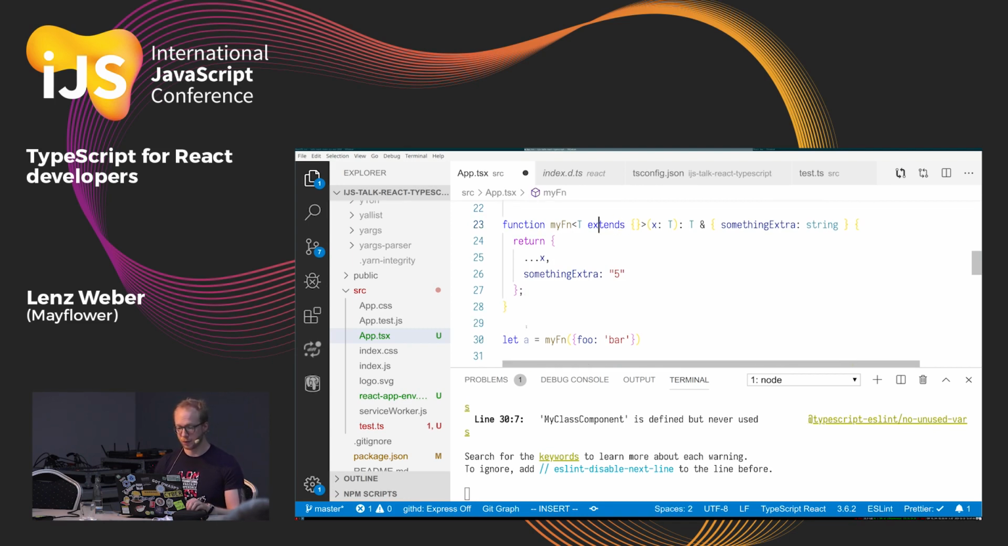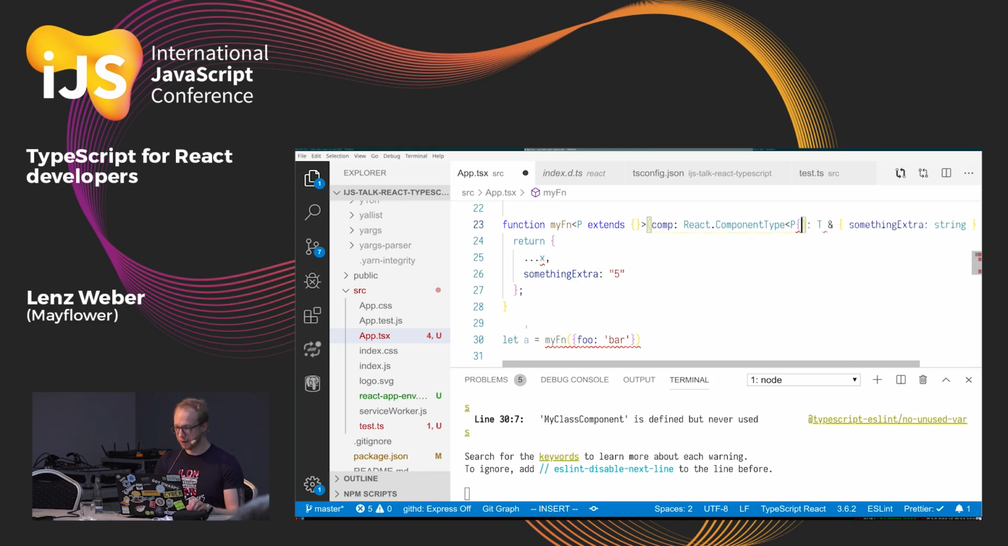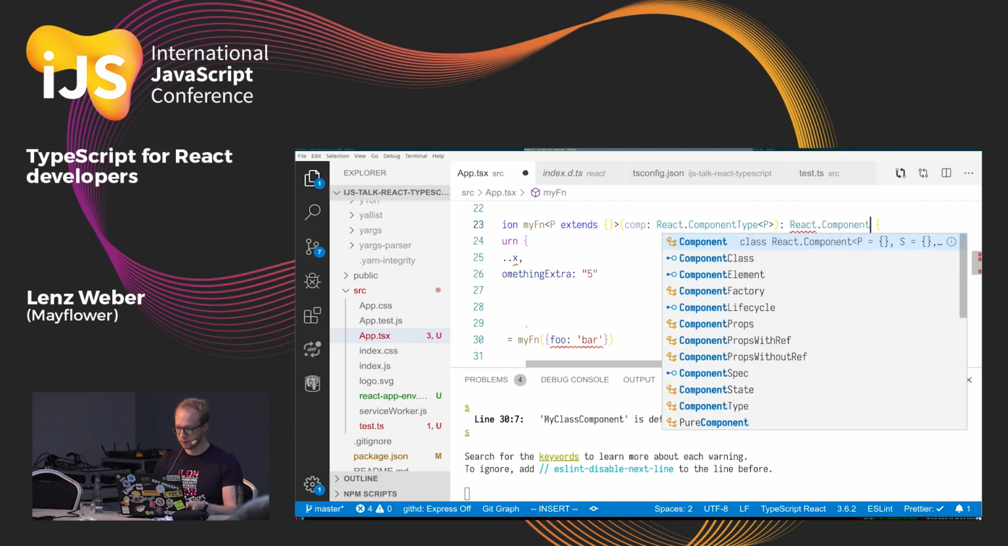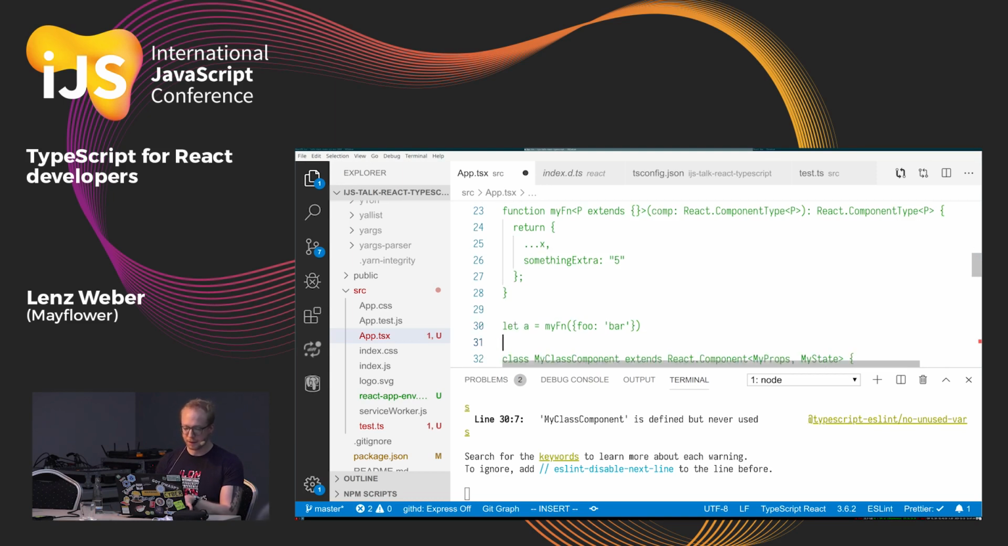Just with a higher order component, you probably see something like p extends anything, and comp is a React component type with p as parameter, and we return another React component type that also takes p and maybe something more of p or something less of p, because you can try to exclude arguments or you can try to include arguments in your types, and, well, this obviously is wrong now, there are a few helpers that we might just skim over for a second here,